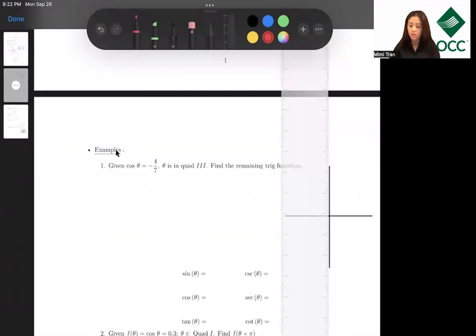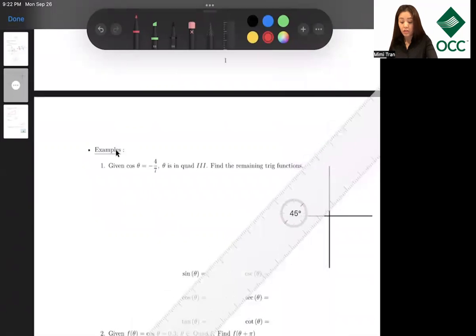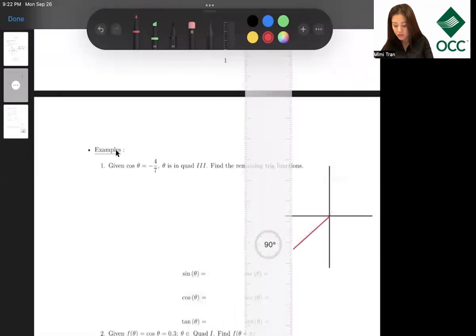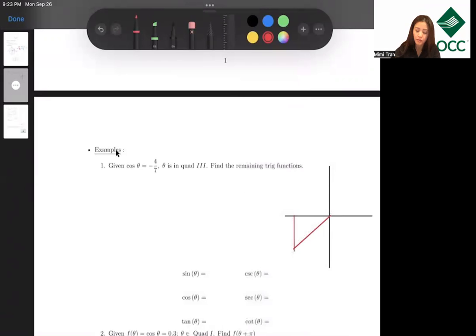Because when you draw a right triangle in the 3rd quadrant, it looks like this. Let me move the ruler up a little bit. Okay. All right. So here is our angle